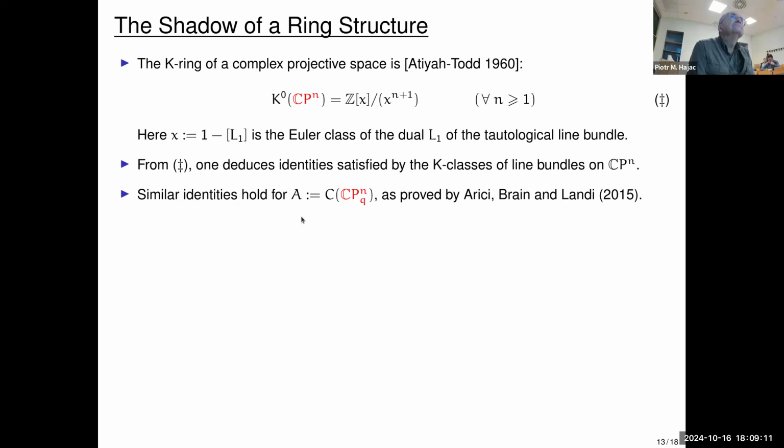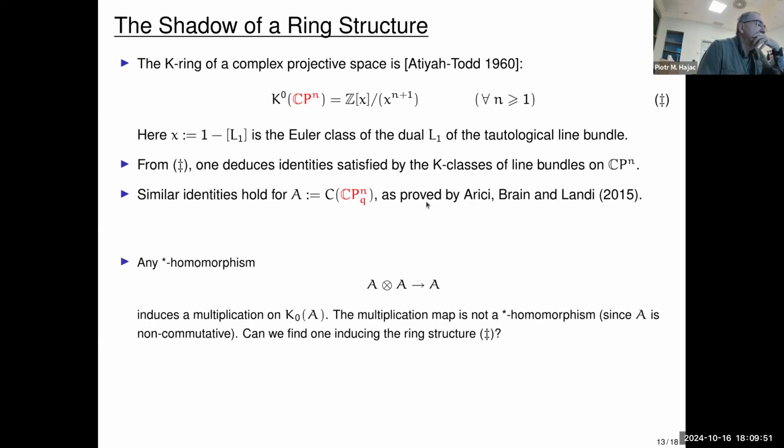Okay, now the surprising thing, it was not obvious that similar identities hold also for CP^N_q. If you put a q, you still have the analog of these line bundles. They are given by modules that are finitely generated and projective as one-sided modules. So they define a K-theory class in the K0 of this C*-algebra, and you have the same identities with the same coefficients. And this is in a paper of Francesca, Simon, and Gianni already 10 years ago, but we are still understanding